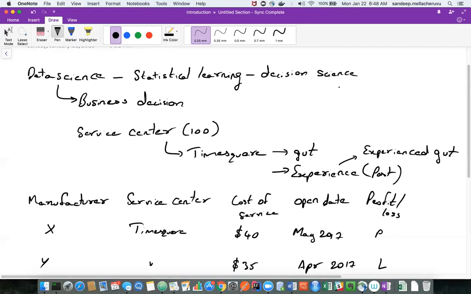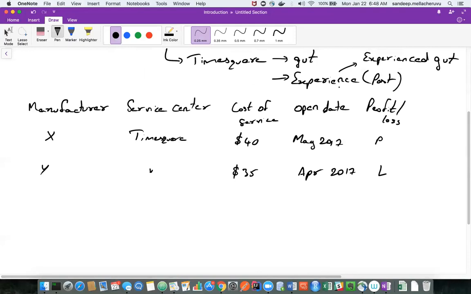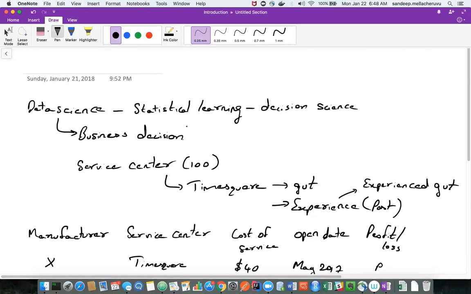So what we'll be doing is taking a data set like this, whatever I wrote here, and then process it using some of the statistical techniques, and then find out business decisions out of it. Try to extract some of the business decisions that you're going to take in future and then incorporate them in your business. Now, what is the advantage with all this process? The advantage is you have an automated way of taking decisions.